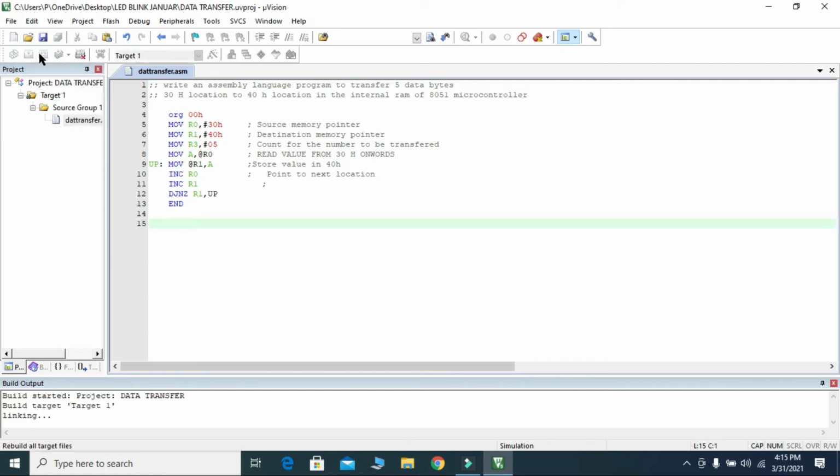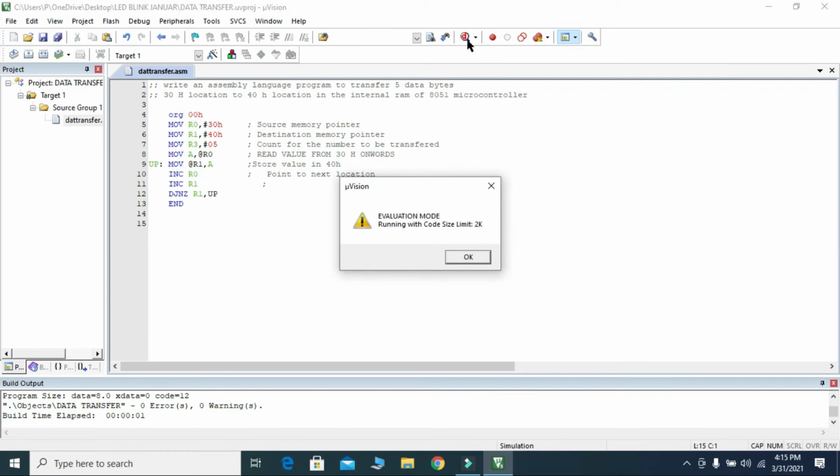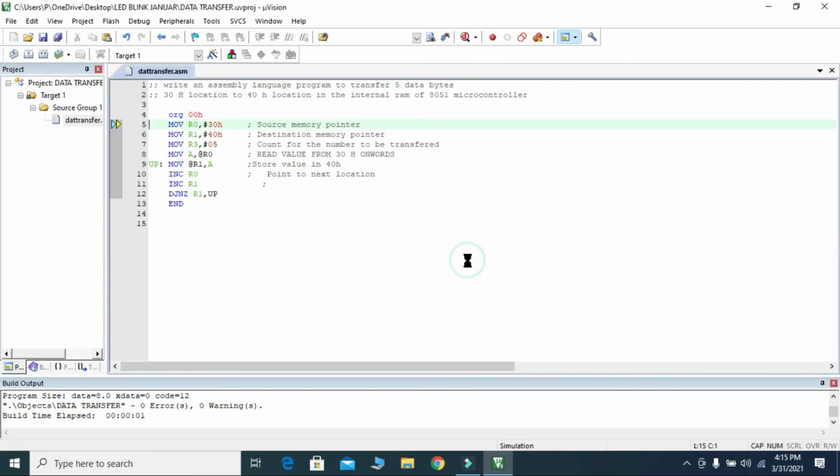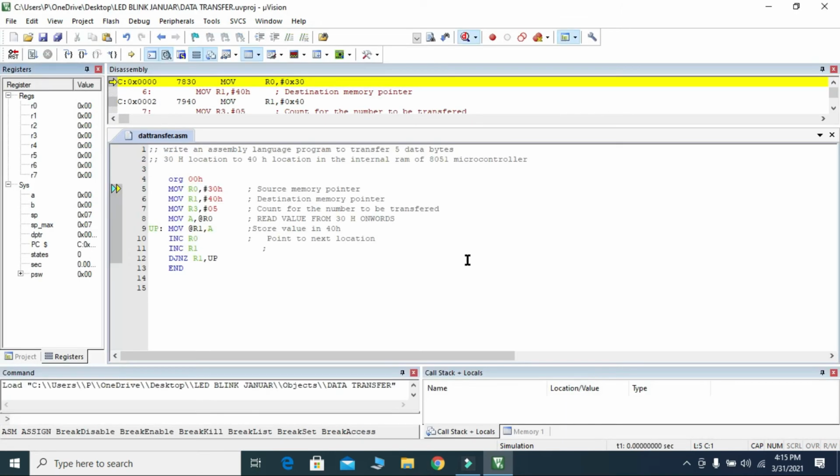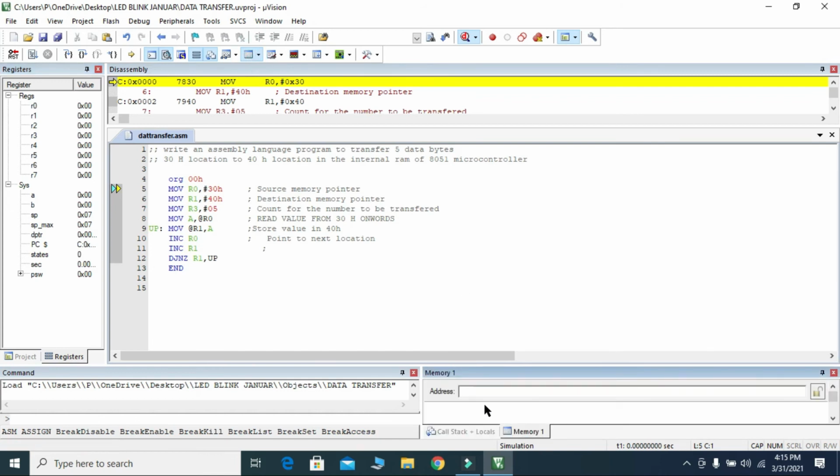I want to debug this to see what the memory locations are. So now debug the program. Go to the memory window from here, and it is internal memory as mentioned.